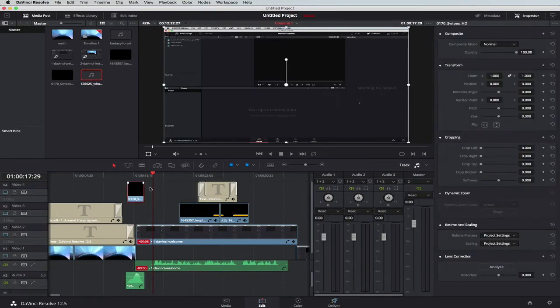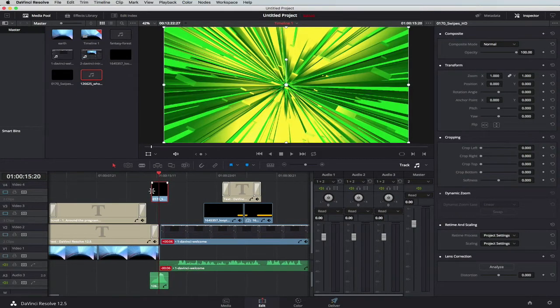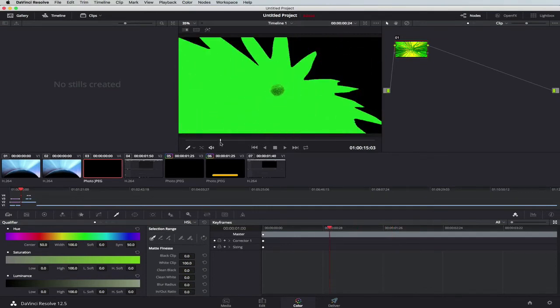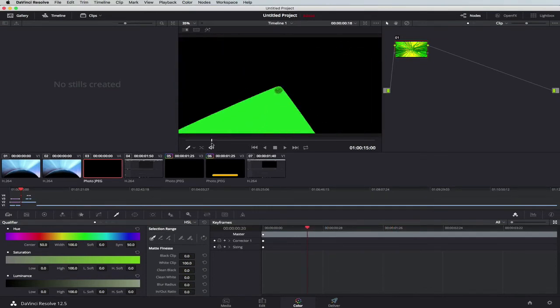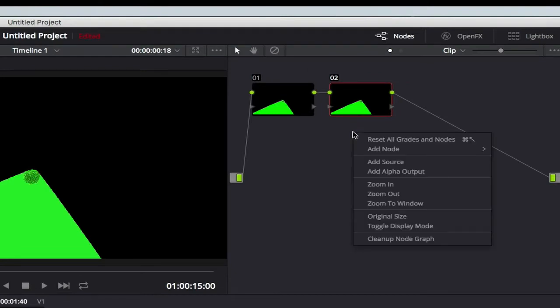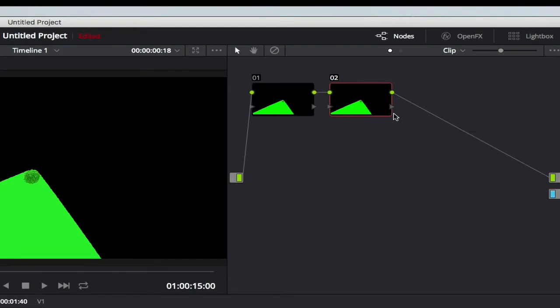Okay, so that's going to look pretty good. But what we want to do is key out the black and the green. So once again, we go into our color area and this selected. Now for this one we want to key out the black first, and then we'll key out the green. So once again we go to nodes, add a serial node, right mouse click, add an alpha output, drag the arrow to the alpha output,